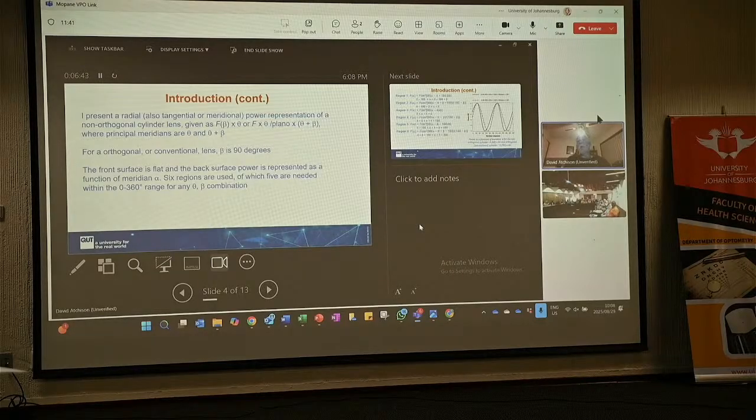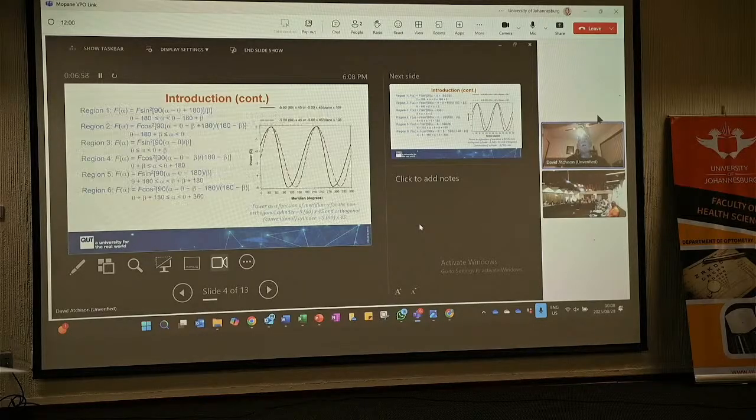Now, when we're looking at how this would form, you could form six regions, which would be needed to describe the power that changes within a 0 to 360 degree range. It's useful here having the other slide because you can see what's coming out. So just the equation diagram, and you see it's got these regions. Now, regions 1, 3, and 5: if you look at the equation there, you see that there's a beta in the denominator, so it's less than 90 degrees.